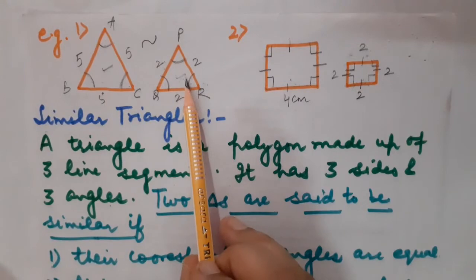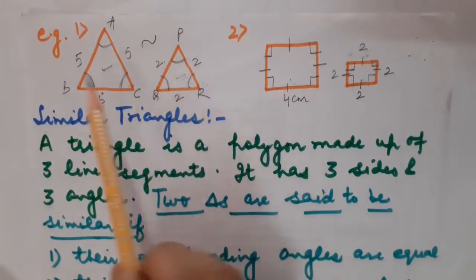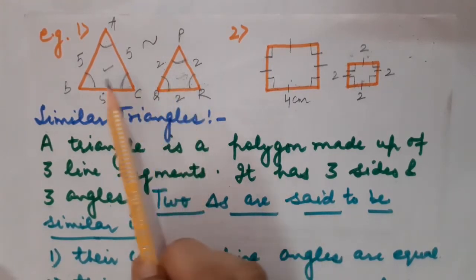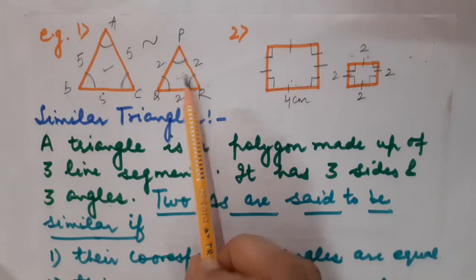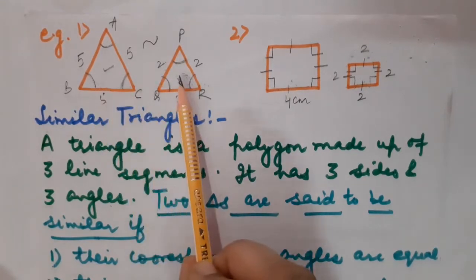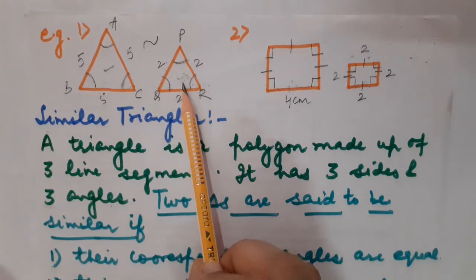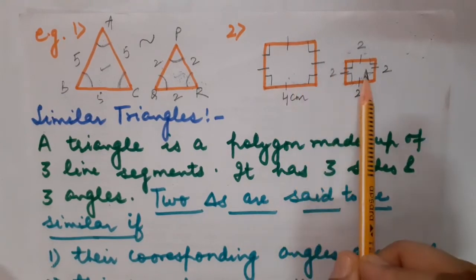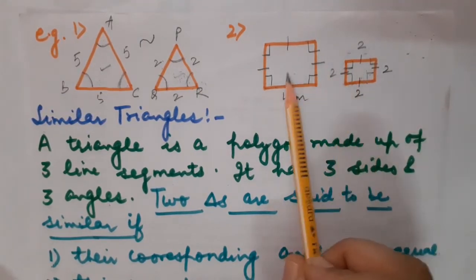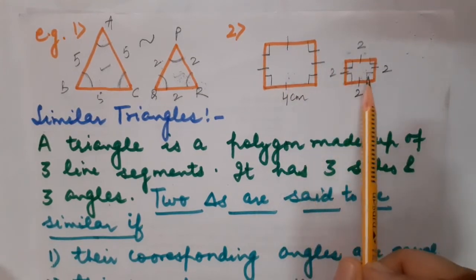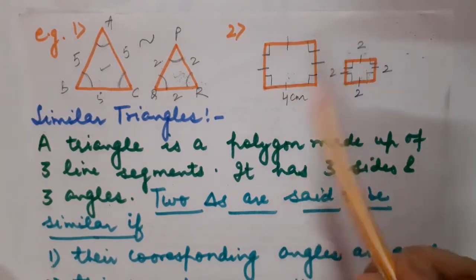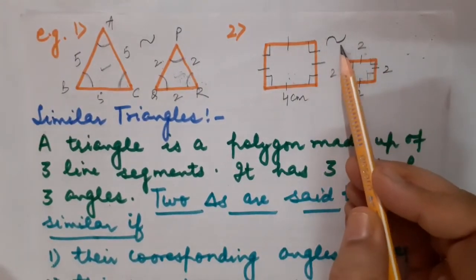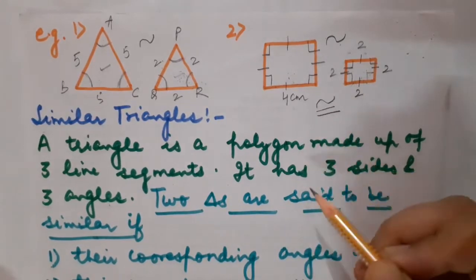So these two figures will not be called congruent to each other. Why? Because though the shapes are the same, the sizes are different, but they will be called similar to each other. Okay? Because in similarity I told you that the shape matters but size does not matter. In the same manner, if I talk about these two squares, will they be congruent to each other? No, because the size of the first square is bigger than the size of the second square. Correct? But they both will be called similar to each other. Children, you know that this is the sign of similarity and this is the sign of congruency.